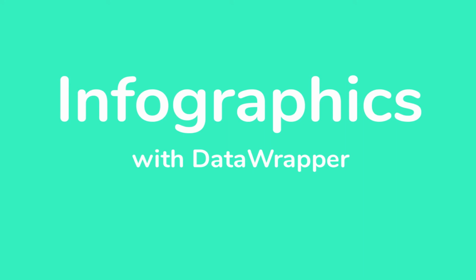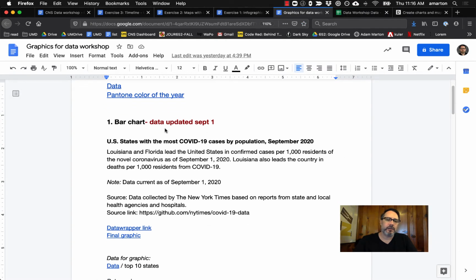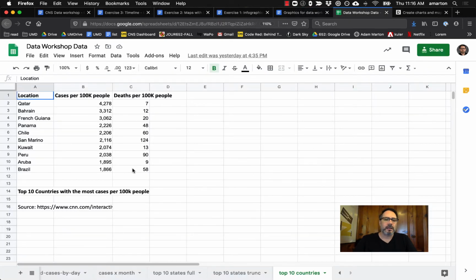Okay, so let's go ahead and jump right into how to make some graphics for DataWrapper. I'll be referring to a few documents as we go through this tutorial. I have this document here where I've saved some headline and chatter information that I'm going to use for some of the different graphics. And I also have this Google Sheets spreadsheet where I've got lots of data that I'm going to grab to make different graphics here